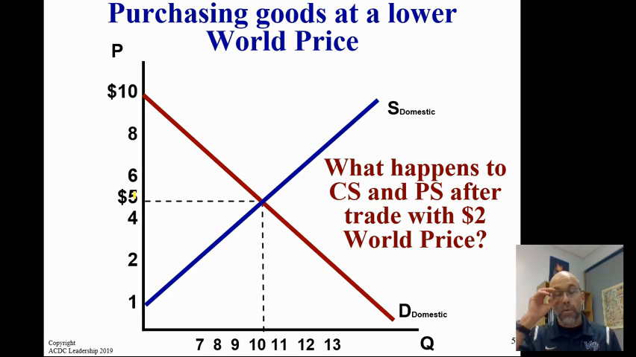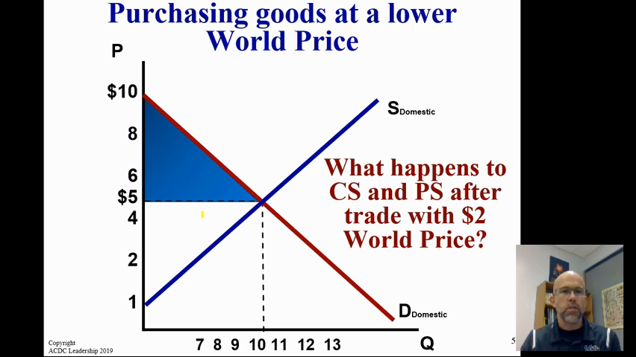Now, when you purchase goods at a lower price, let's look at a graph here. We can see what happens to our consumer surplus and producer surplus before and after the change to a world price of $2. So before the world price, we see consumer surplus here in blue, and we see in green the producer surplus, and that's because of the equilibrium price at $5 and a quantity of 10. Now, with the $2 world price,